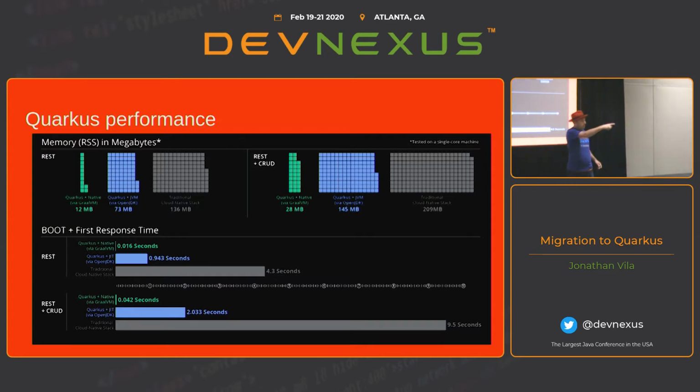Yeah, sure. Quick question on your extension. What happens if you don't have an extension for your library, set of libraries? If you don't have a Quarkus extension for that library, you can still work on the JVM side, but you cannot go to GraalVM if your extension or your library is not suitable for being compiled to GraalVM. Going to GraalVM is not mandatory, but I encourage you to do it. But depending on the library that you are using, if it's not made for being compiled natively because it uses reflection, then you cannot go that way.